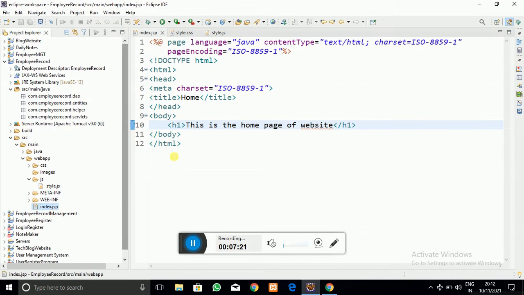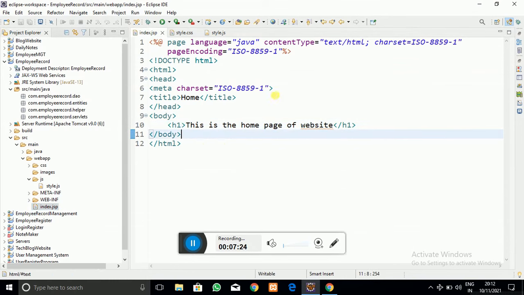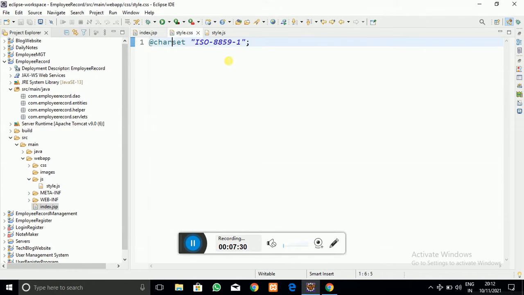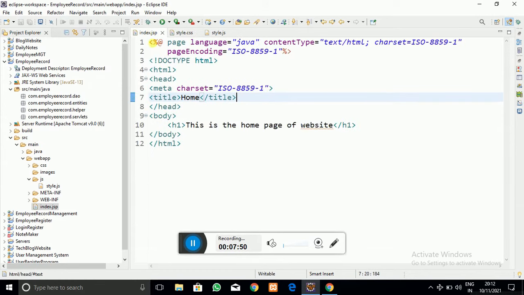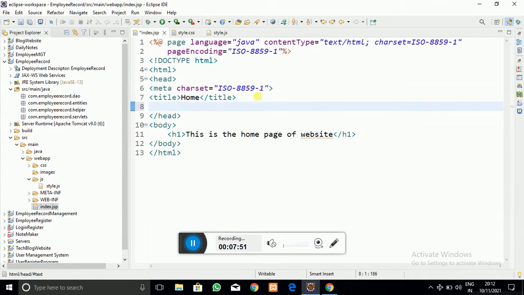Now here you can see that this is the index page I have created, but I haven't linked a CSS file to it yet. For that purpose, let me add something into the CSS file, that is background color gray. I have added that property into the CSS file, and let me show how to link that file to our project.